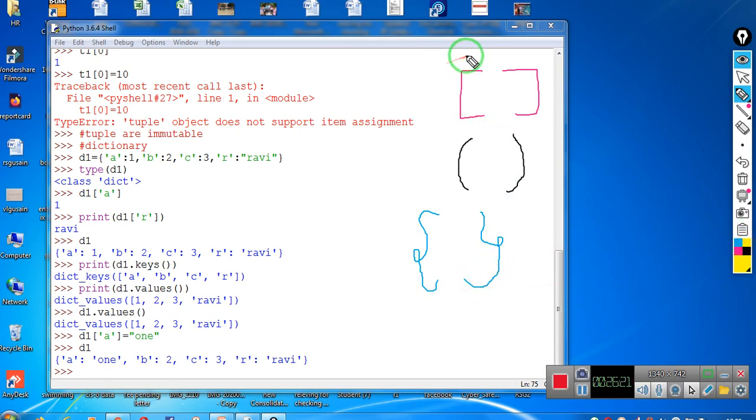Out of these, list and dictionary are mutable. That means you can change their values in place. Whereas this is your tuple. Tuple is immutable. That means we can't change the value in place.